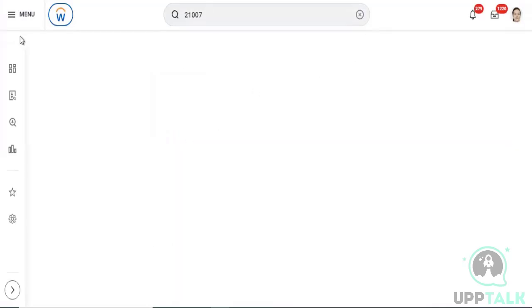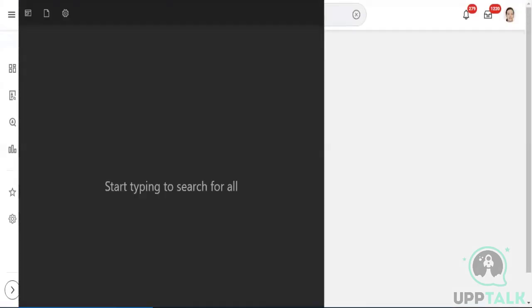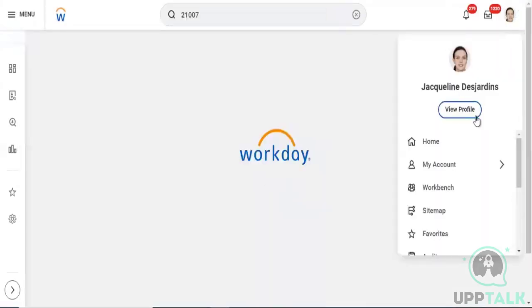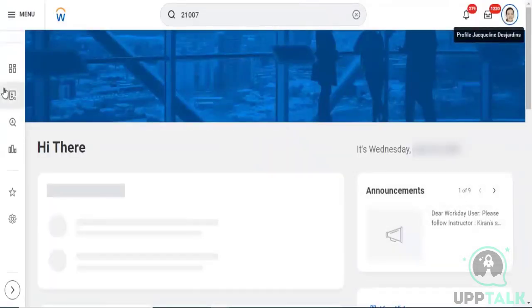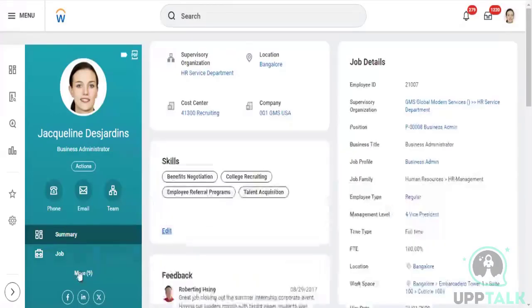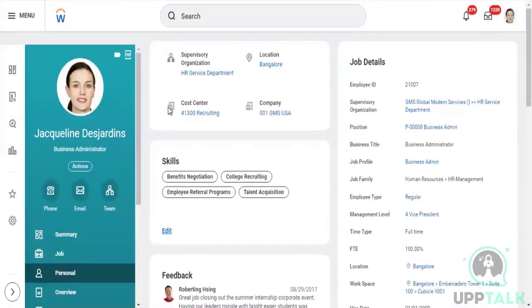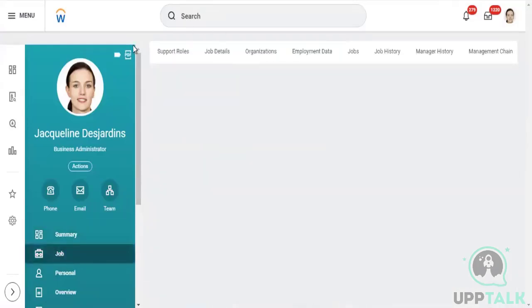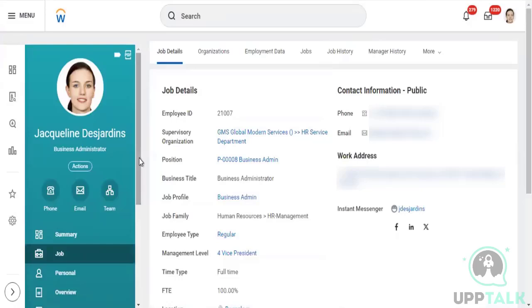Now, coming to the concept called organizations. If you see the employee profile, if you see Jacqueline's profile, in summary we should be seeing supervisory organization, employee location, employee cost center, company. If you go to employee job, in job you can see employee job details, employee position ID, employee job profile, and employee supervisory organization. And if you go to overview,